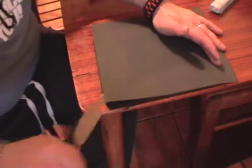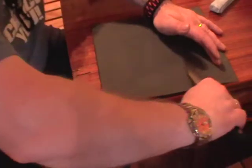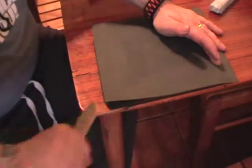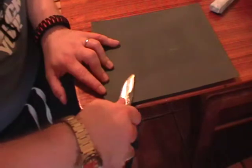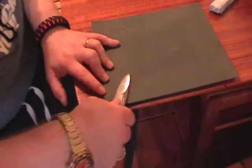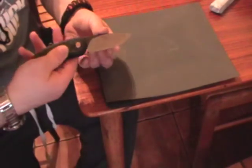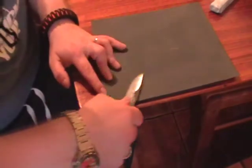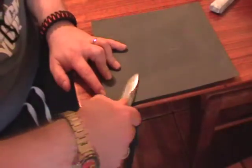Do 10 each side, do one forward, one back, whichever you prefer. Just keep it even so the edge stays centered. And work away at the lowest grit that you can get away with. Like if the edge is badly deformed, you're going to use a coarser grit, but you're putting scratches in your edge that you're going to have to take out later on. So go with the least amount of grit needed to do the job, and pretty much practice will tell you what that is. This is an 800 grit, wet and dry from Halford's,